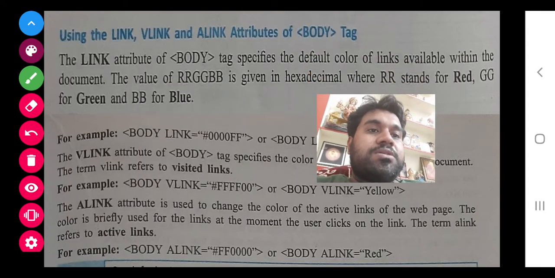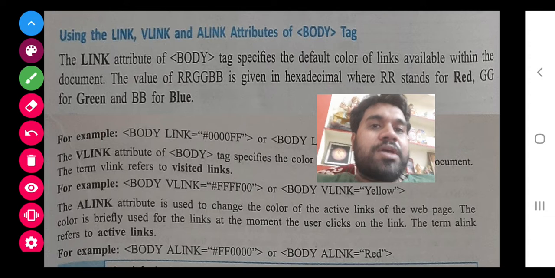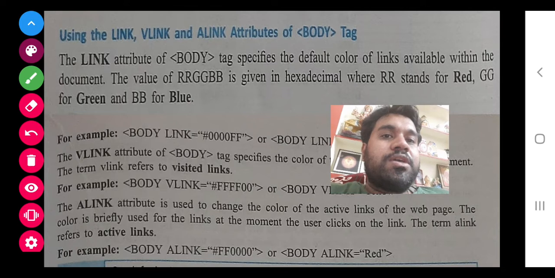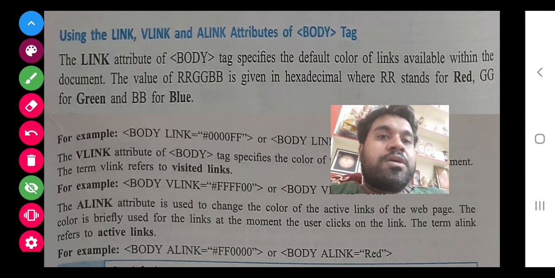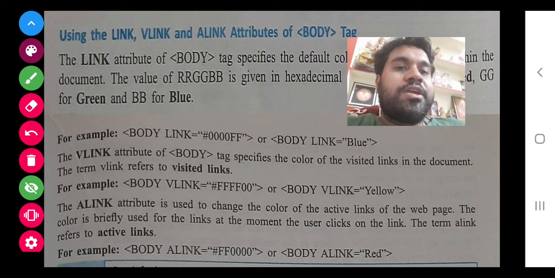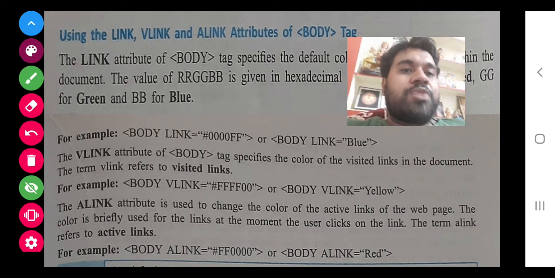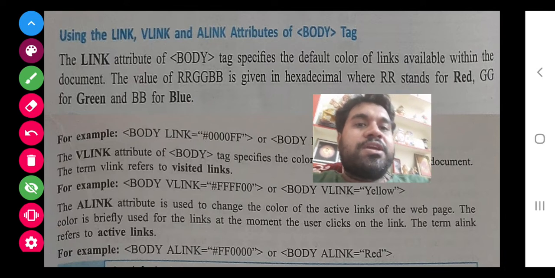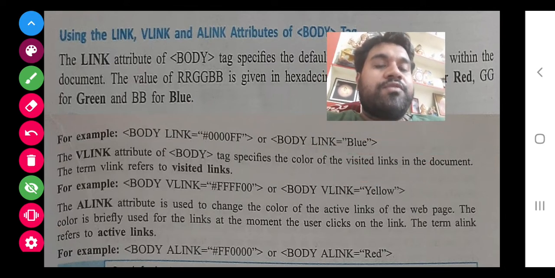Now class, this is link. As I have told you, link, vlink, and alink are also attributes. Now link, if you give it, any hyperlink you create will take that color. As you see in browser, a blue color line comes, so here also we can make it blue by applying link only. But if you want, after clicking on that, that is a visited link, it should come in a different color.